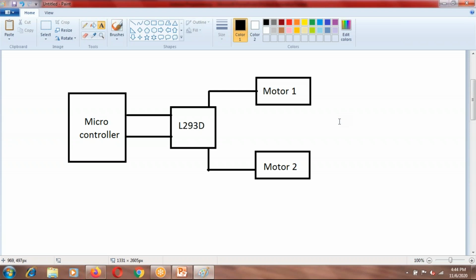So why aren't we directly connecting it to the microcontroller, and what is the need for this motor driver IC? Can anyone guess, or if you know, just let me know. You can also turn on your mic and speak up, any one of you.